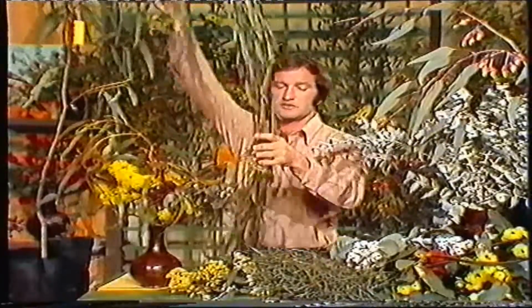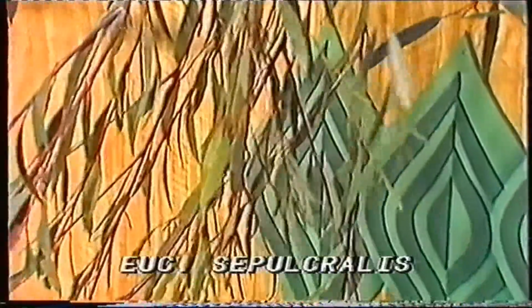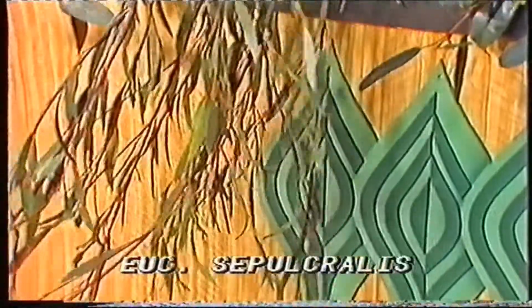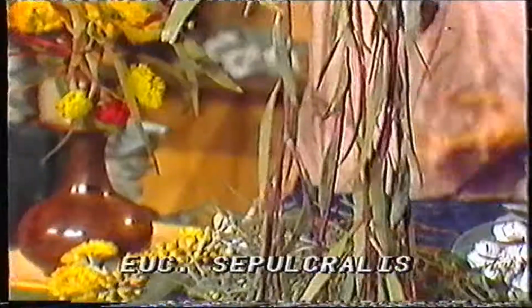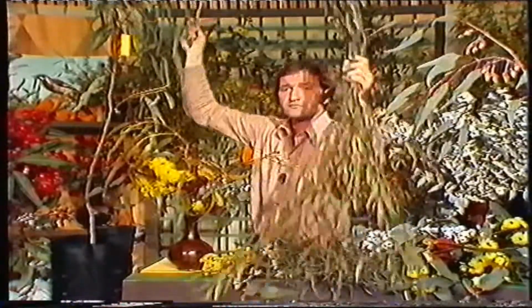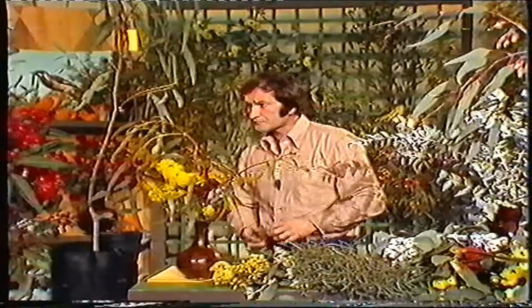If you're wanting a gum with a weeping habit, that one there, Eucalyptus sepulchralis, would be the most weeping gum we have. Look at that, it weeps right to the ground from the top to the bottom. It's a really attractive one. So you can see the versatility of our gums, from the colourful range, grey foliage, big leaves, shade trees. That one there to replace a weeping willow would be a really good one, preferably in a heavy soil. So to end the program, I think we should talk about Eucalyptus